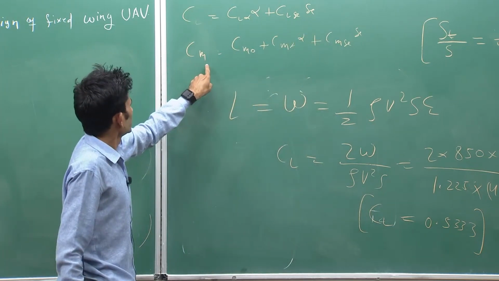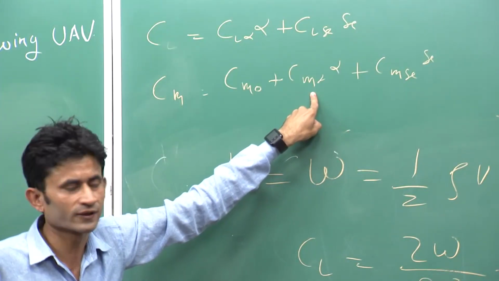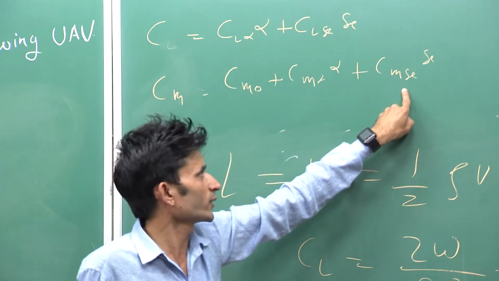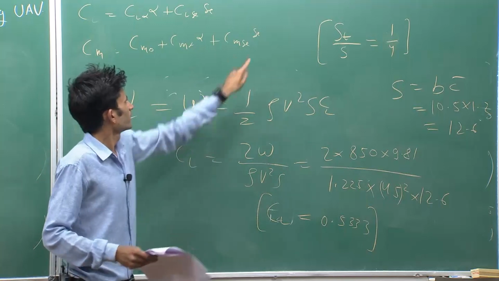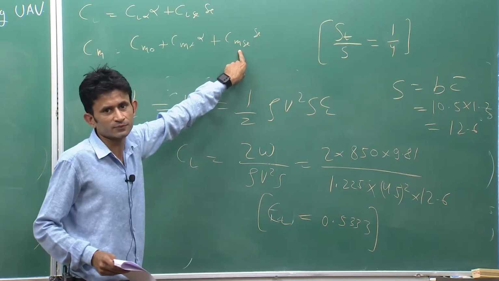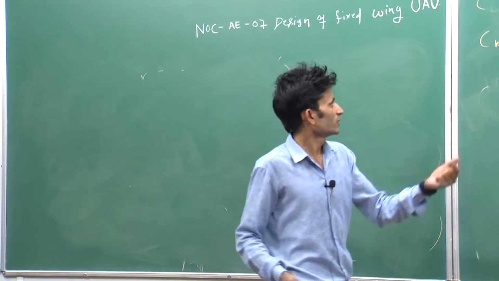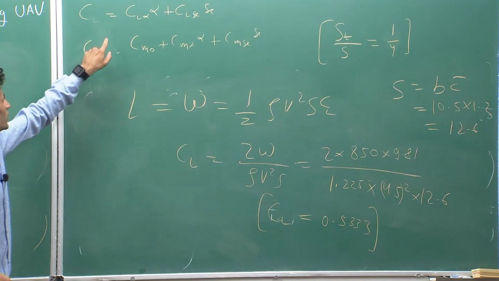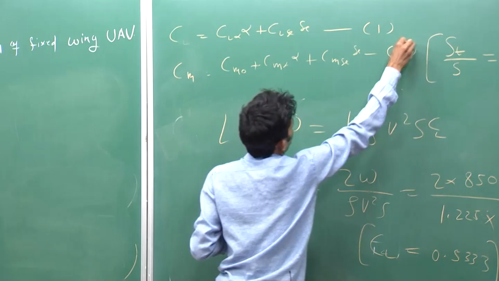In this moment equation, Cm equal to Cm naught plus Cm alpha into alpha. This Cm alpha is nothing but Cm alpha of the whole air vehicle. This Cm naught is the Cm naught of the whole air vehicle, and plus this Cm delta depends upon how much aircraft will respond, in terms of moment, when you deflect the elevator. This Cm delta is nothing but elevator control power. So whenever you are trimming, means you are balancing the moment, means net moment will be 0. So the Cm will be 0. So use this equation 1 and 2, this make 1 and this 2, you will get the answer of 9th